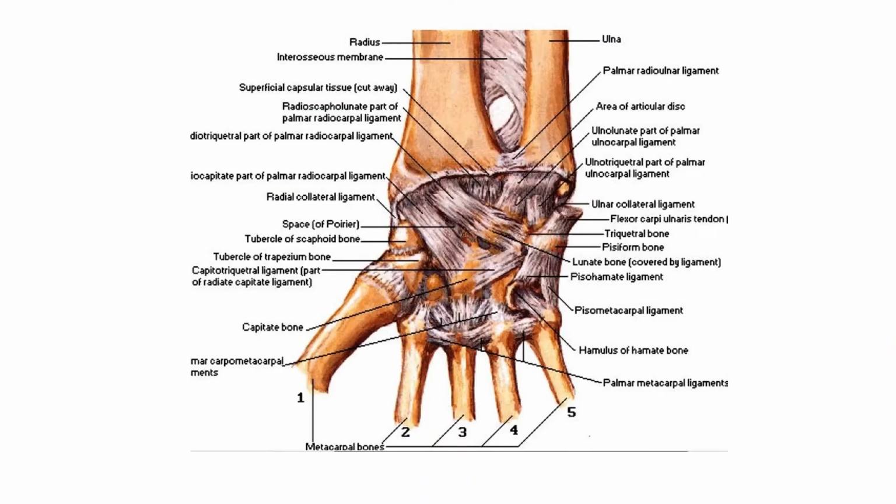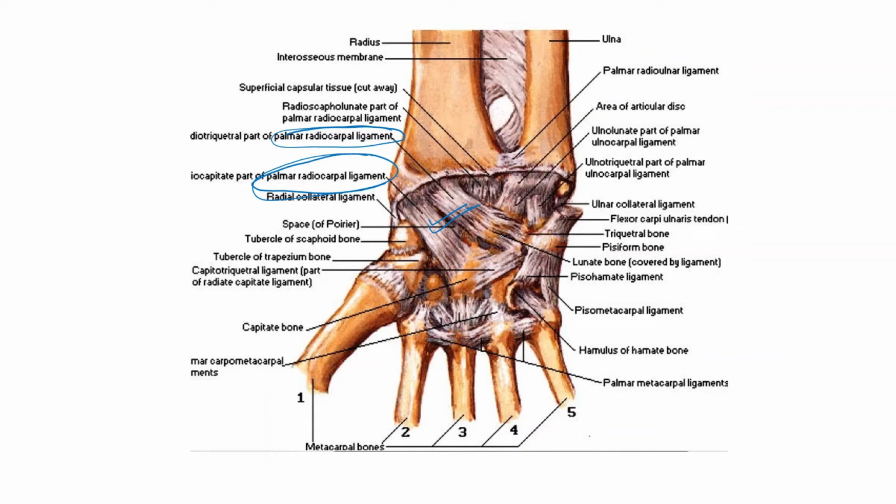In this picture, we can make out the ligaments in detail. As I have already told you, the radiocarpal ligaments, that is the palmar radiocarpal ligament, which is seen as the thickened part of the capsular ligament anteriorly. So this is the palmar radiocarpal ligament over here, as we can see it extending from the distal end of the radius